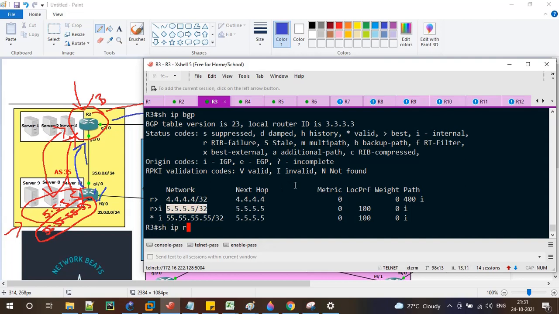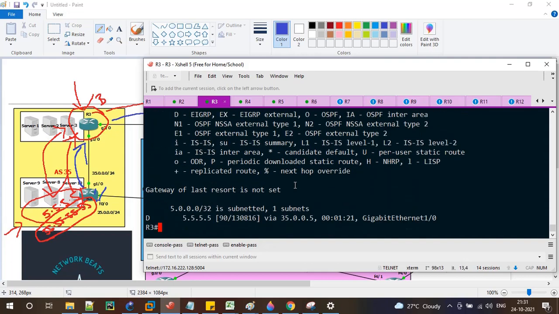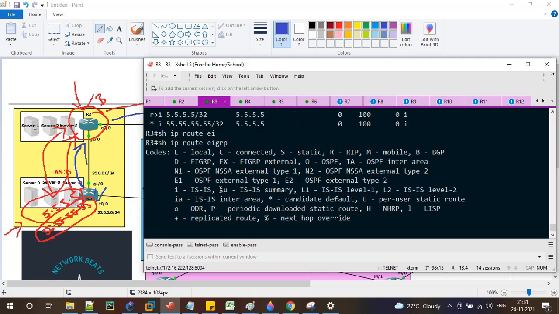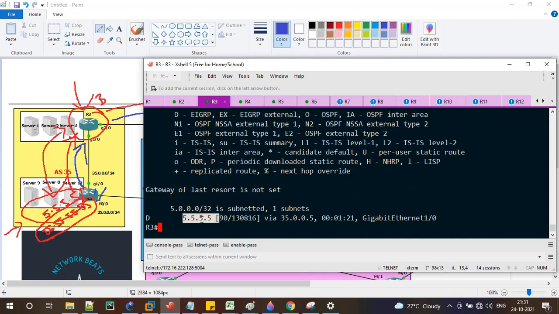Let's go and verify that. Show ip route eigrp. So 5.5.5.5 is learned via EIGRP. D means DUAL, which is used by the EIGRP protocol, and its AD value is 90. So that is the reason it is using this particular update over EIGRP rather than BGP. So that's fine. Show ip bgp neighbor